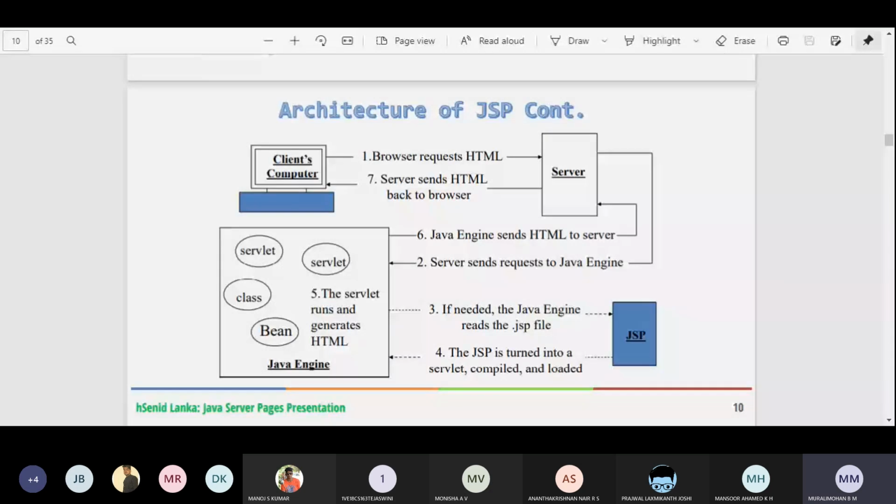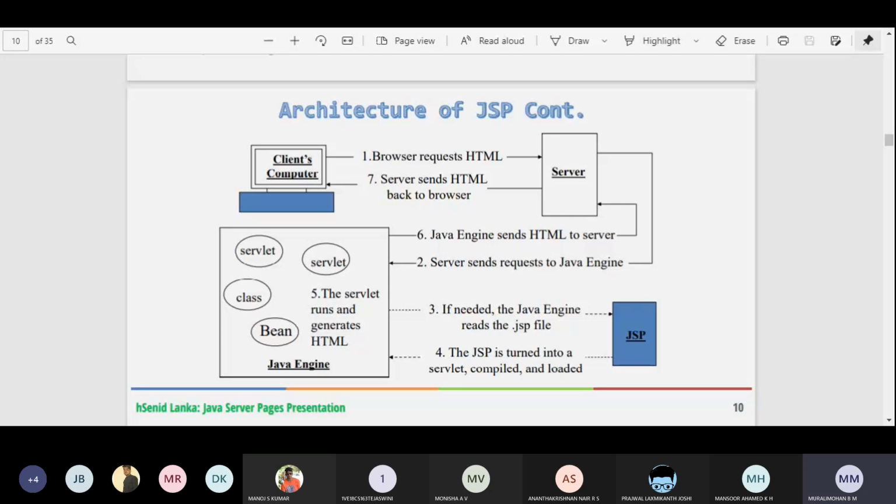Now, what is the use of this servlet? If needed, the Java engine reads the JSP file. So what is this JSP? JSP is inside the HTML file. Kindly remember, inside the HTML we are writing the JSP.